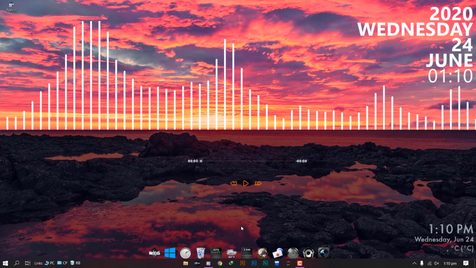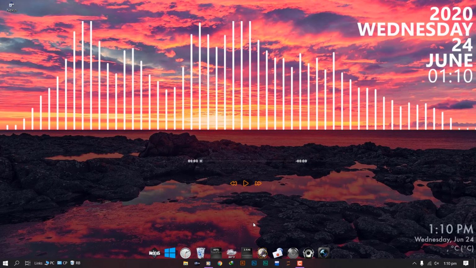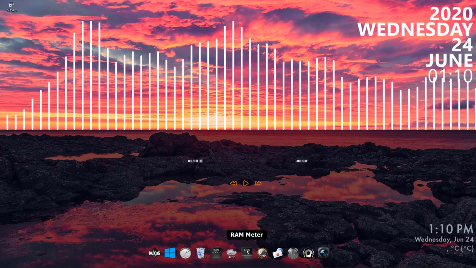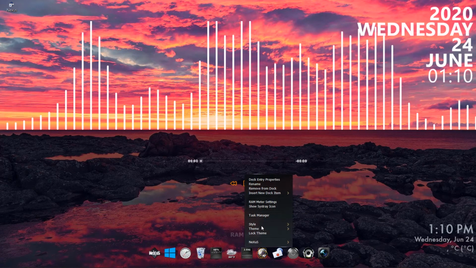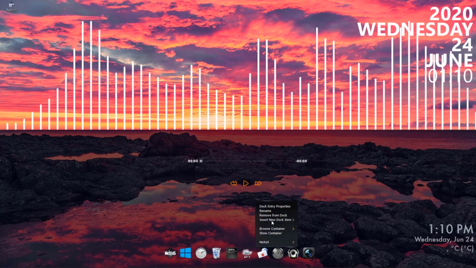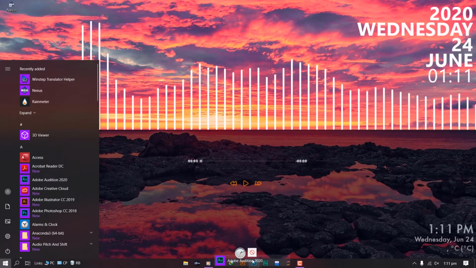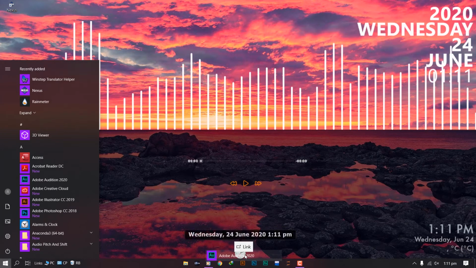Next step is to change the dock icons. Honestly, the ones which are already here are very boring and ugly. Let's change them all, shall we? Right click on each of them and remove them. I will leave the last so the dock won't exit itself. You can add whatever icon you want. Drag the icon to the dock.